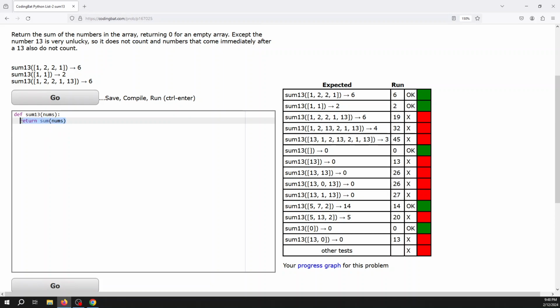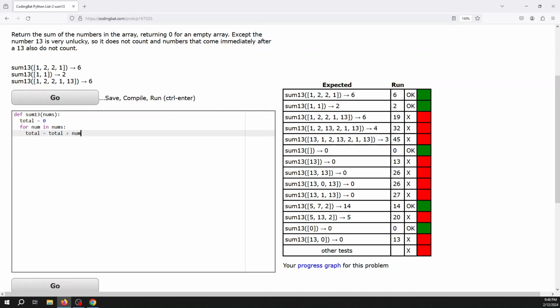So we probably could make this work somehow, but I'm just going to do it a different way. I'm going to make a variable called total and keep track of the total, and then set up a for loop to go over it. This time, I'm not going to use a range object. I am just going to have this variable num, and that's going to have the numbers in there. And then what I'm going to do is keep a running total. Every time I go through, I'm going to do total equals total plus